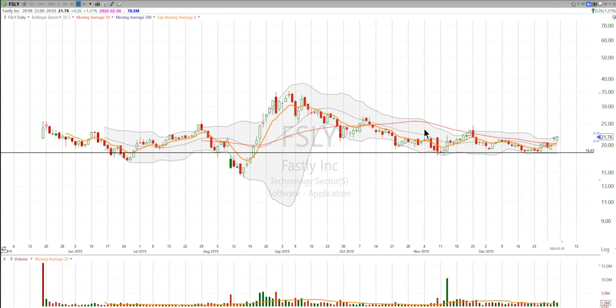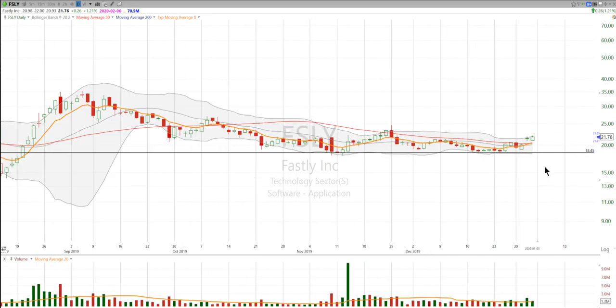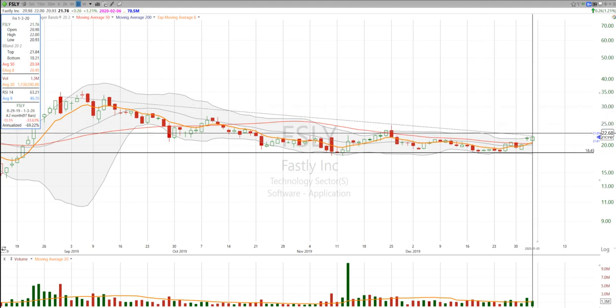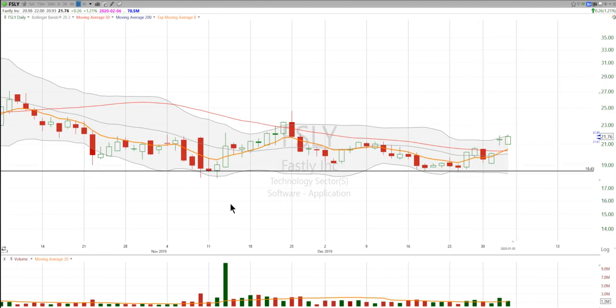Want to take a look at FSLY. This is ticker FSLY. Now, FSLY has been trading for less than 200 days, and it's really not been a fast trade. It's been probably a sleepy trade if you've been watching it. Stock has really just been in a downtrend since September,